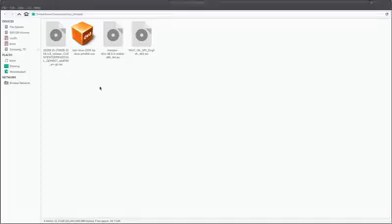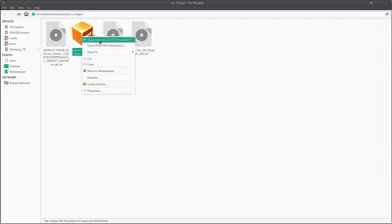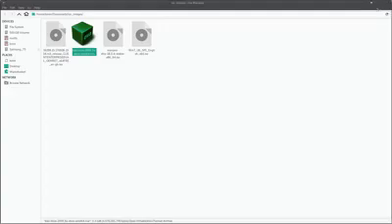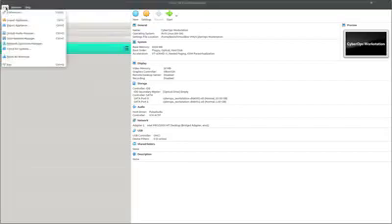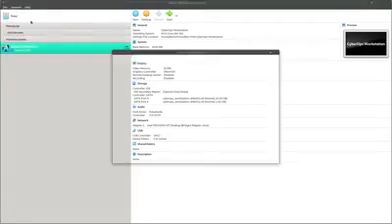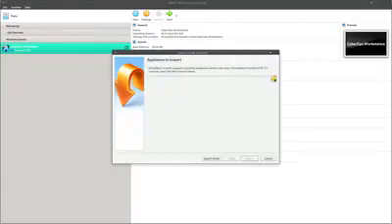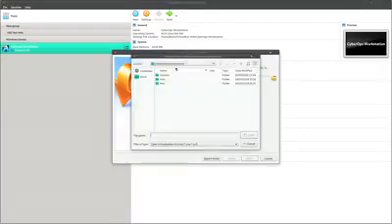Now what we can do now is I could actually probably right click on that and open it with Oracle VirtualBox, but I'll show you the other way as well, which is go into Oracle VirtualBox, go to File, go to Import Appliance, and then it's just simply a matter of finding that particular file,